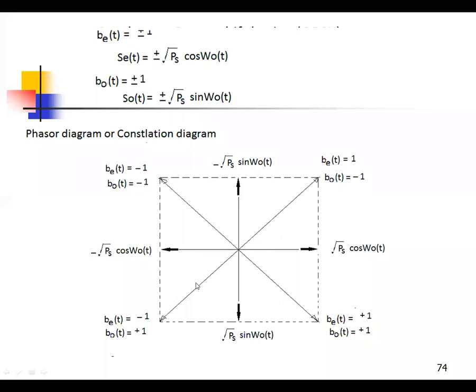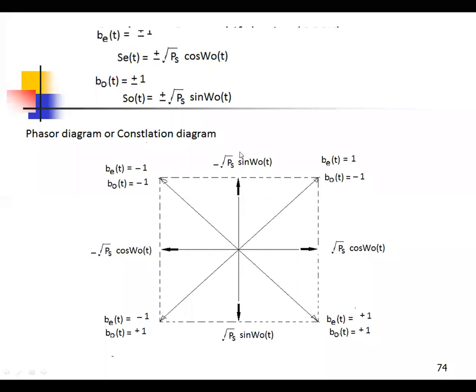That is first quarter, second quarter, third quarter, fourth quarter. That's why QPSK. First quarter resultant is 1, minus 1. Second quarter resultant is minus 1, minus 1. Third quarter resultant is minus 1, plus 1. Fourth quarter resultant is plus 1, plus 1. Okay. Some textbooks give 1 as logic 1, minus 1 as logic 0. Likewise, they assign some angles. That's why four quarters are there: first quarter, second quarter, third quarter, fourth quarter.